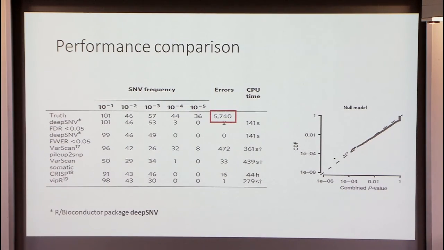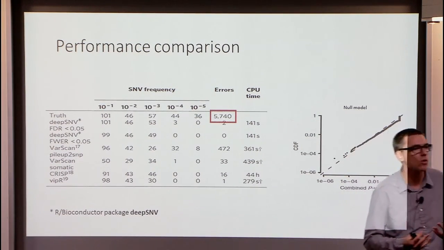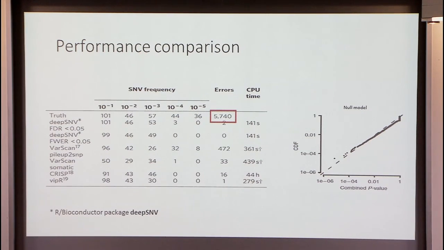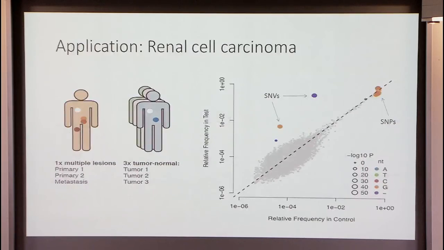And you see some methods, just having a p-value itself in the output of a method, of course, doesn't help. That p-value must be meaningful. Only then you have a chance to really control the false positive rate. Here's one application to renal cell carcinoma data, and I don't want to go into great detail, but this is